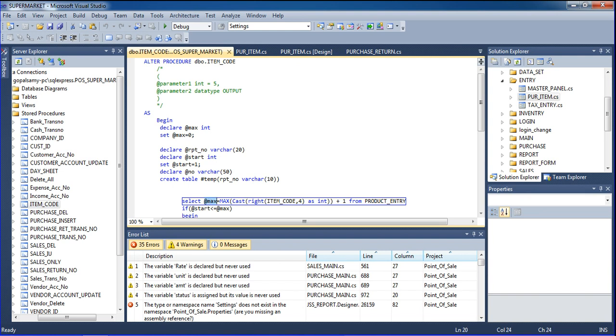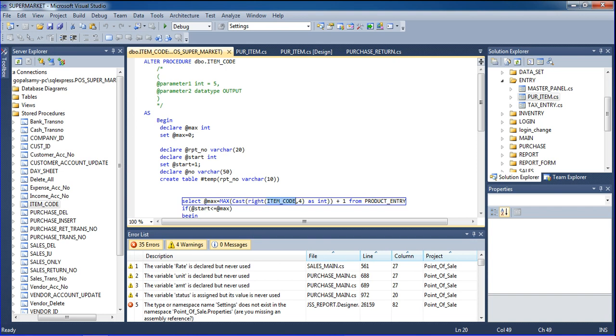First of all, we declare all the parameters, the declaration of the variable names. Like this you should declare all the parameters, and then this is the query for select and auto increment of the item code. Select max, max equals maximum ID, cost right equals item code.